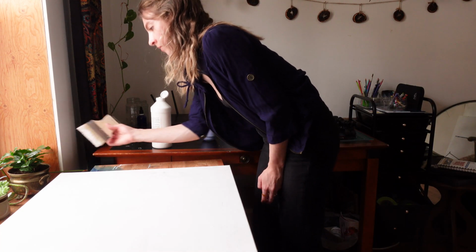Now, I heard you when I said I was gonna put gesso on top and then paint. I heard you being like, no, you think you'll be able to paint after putting gesso on it? Yeah, you were right. I need to wait. The bottle says I need to wait 24 hours and then sand it, and then I can use it. But we're not gonna do that. We're just gonna wait for it to dry. We're not gonna sand it because I don't care. And then we're gonna paint on it. But in the meantime,